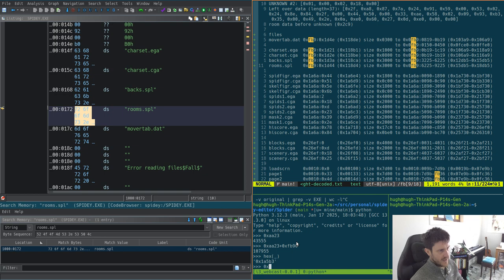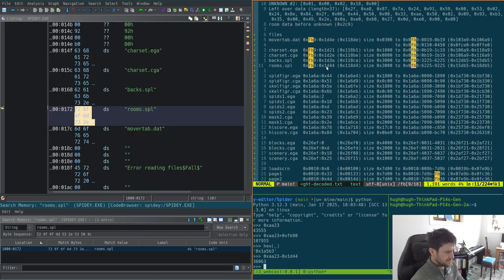So 0xAA23 is the address that we want to read. If we subtract off 0x and rooms.split thinks it's this in the code, so 1D44. So this will get us the difference, and that's in decimal, but that's alright. And so this should be further down than rooms.split. So maybe if we get 172 and add on what we have at the moment, and then if we get the hex of that, we get